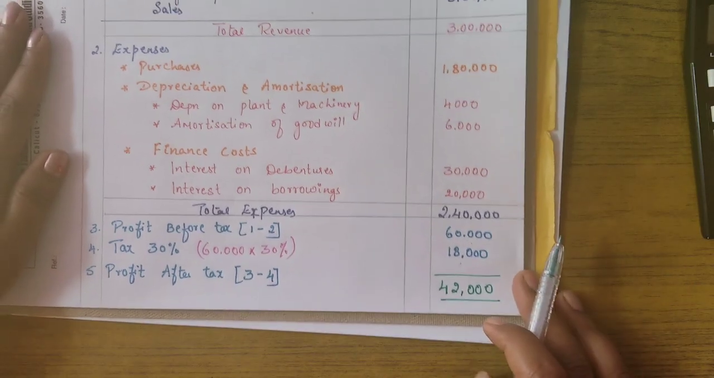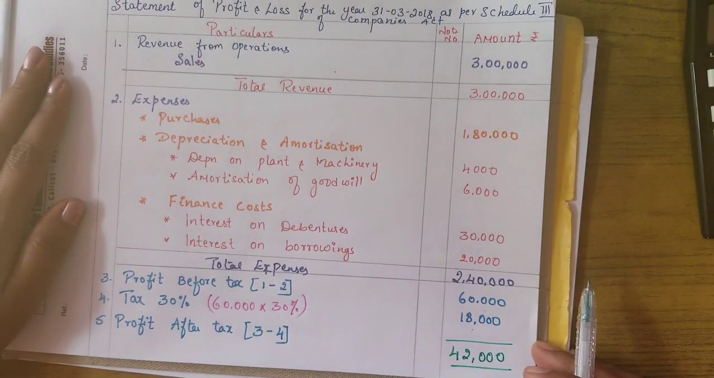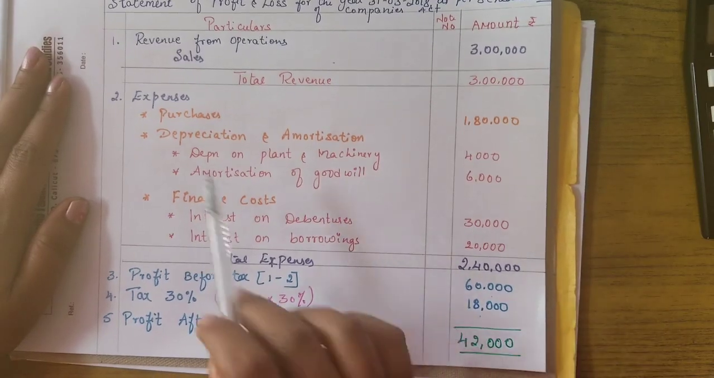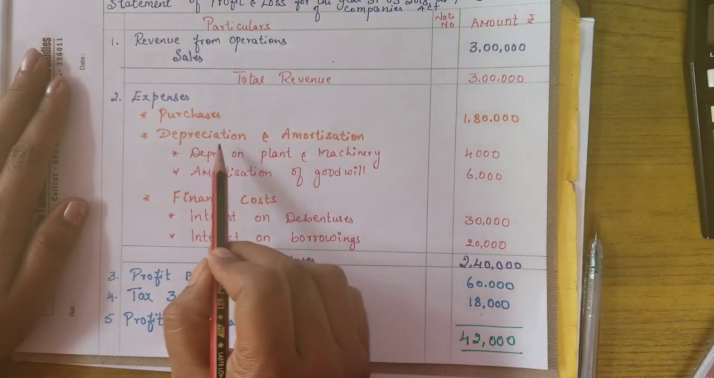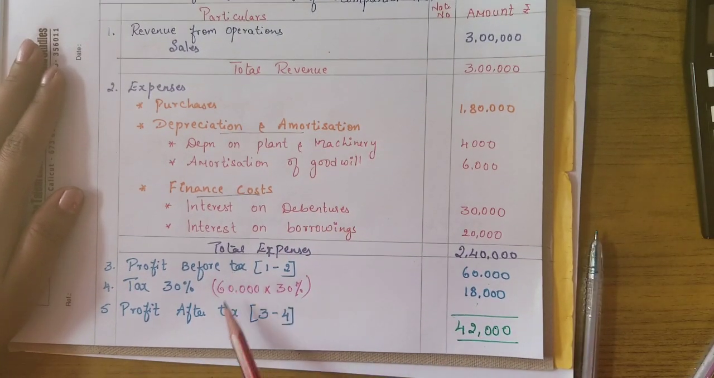So this is all about the second problem that we have done. Any doubts, please let me know. I hope you have understood. Kindly practice the headings under the expenses, what comes under which particular heading. And for the last three stages, profit before tax, taxes and profit after tax, how these are calculated, please make a small note